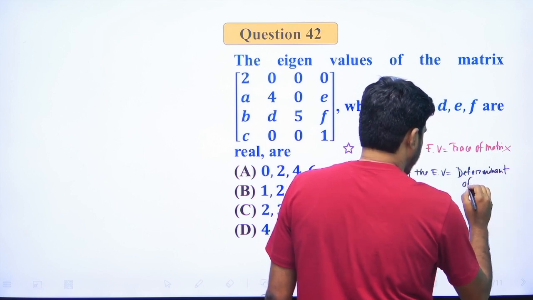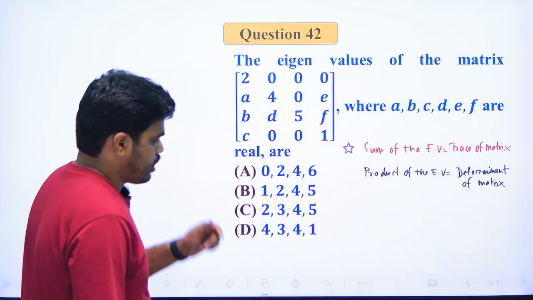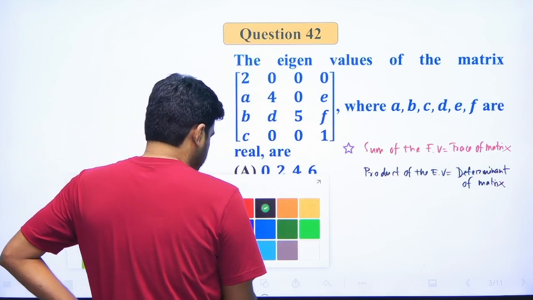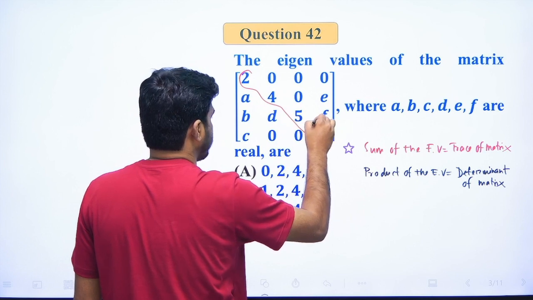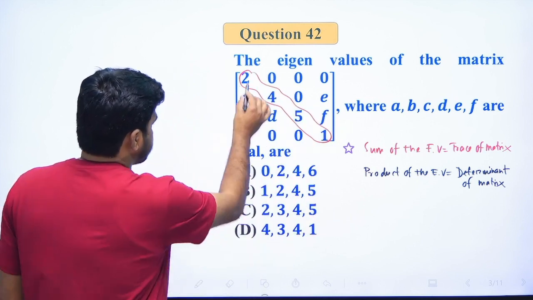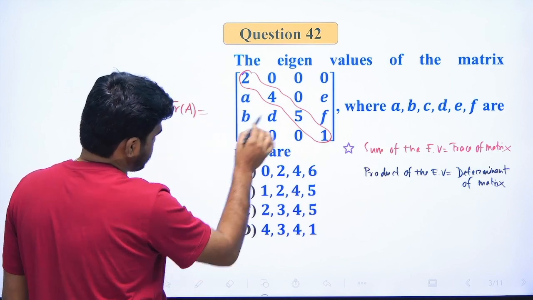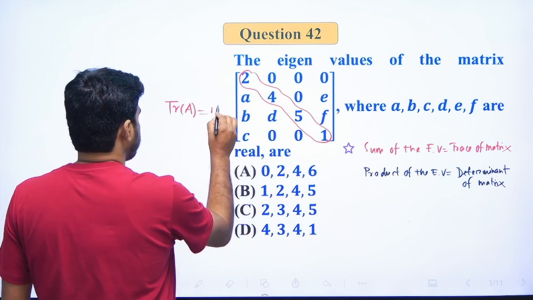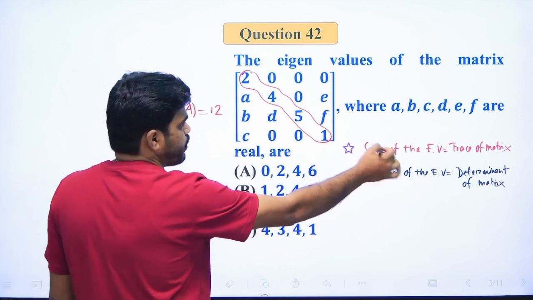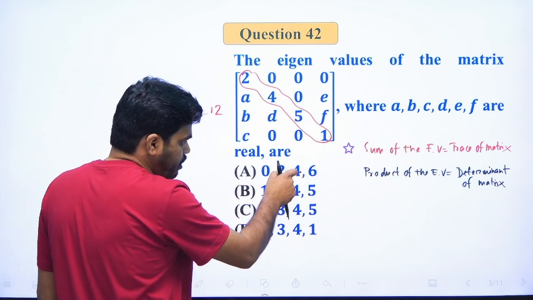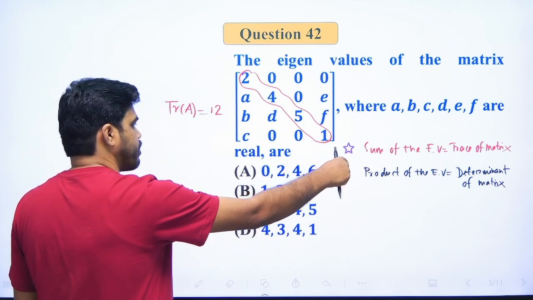Determinant of the matrix. Just apply these two properties. Just see what is the sum. Trace means sum of the diagonal elements. The trace of this matrix will be 4 plus 2 is 6, 6 plus 5 is 11, 11 plus 1, that is 12. Okay. So see, sum of the eigenvalues is equal to trace. Sum the eigenvalues given in the options. If the sum of the eigenvalues is equal to the trace of the matrix,